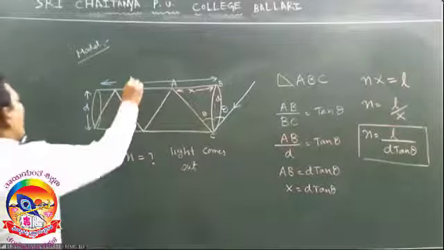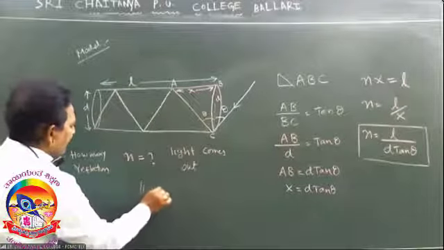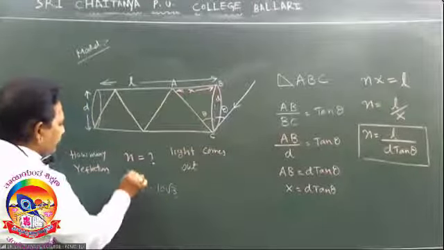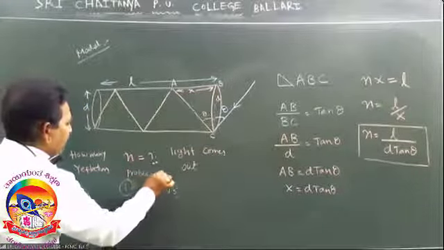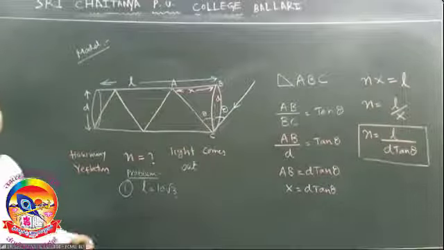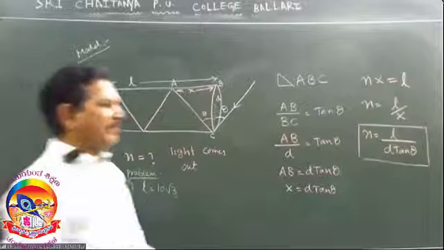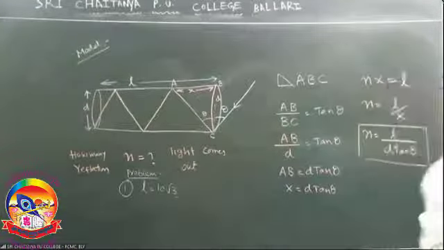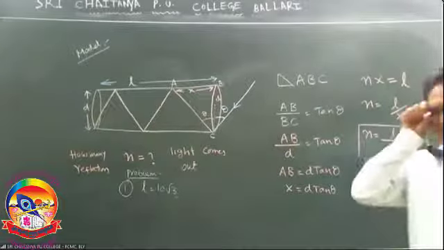Length will be given as 10 root 3. Imagine a problem. Concept over. Number of reflections, N is equal to L by D tan theta. In some problems, the number of reflections will be given and you are asked to find D. Or N and D will be given and you are asked to find L. Only one unknown. Remaining values will be given in the problem.